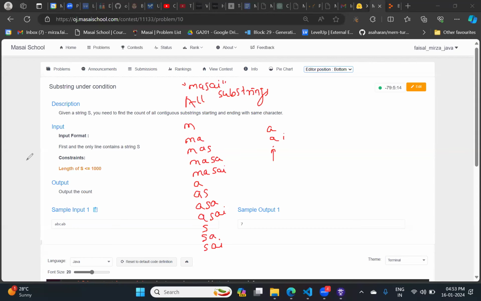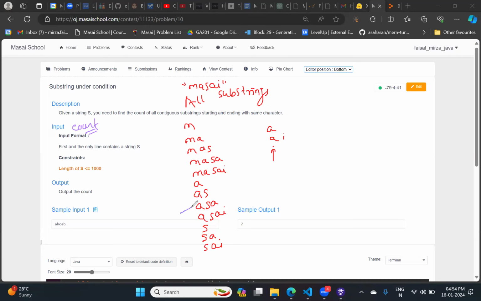As per the problem statement, we have to print the count of all the substrings which start and end with the same character. Have you got the problem statement? From the given string, tell me which substring starts and ends with the same character. ASA.